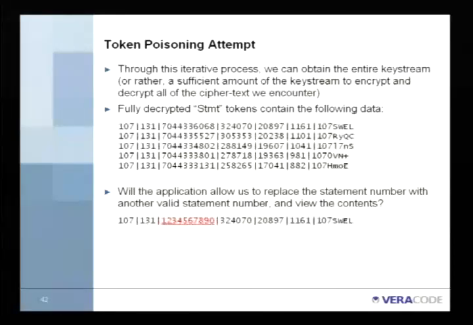We don't know what their significance is, rather. Statement ID, number, and then some letters. So, the first thing, again, go for the slam dunk first, and then if not, go back and try and think. Will the application just let us replace the statement number with another valid statement number and view the contents? So replace one of the